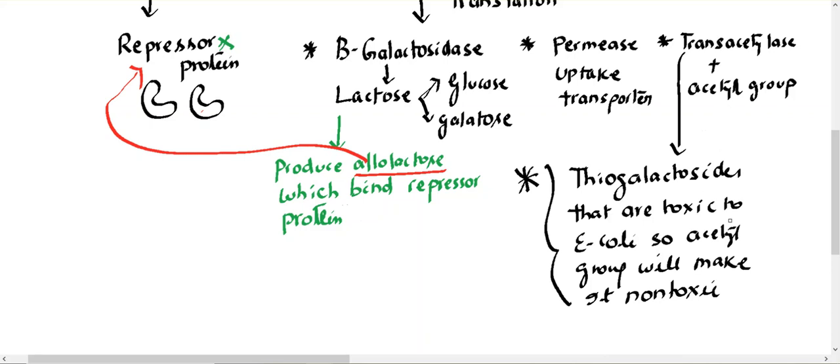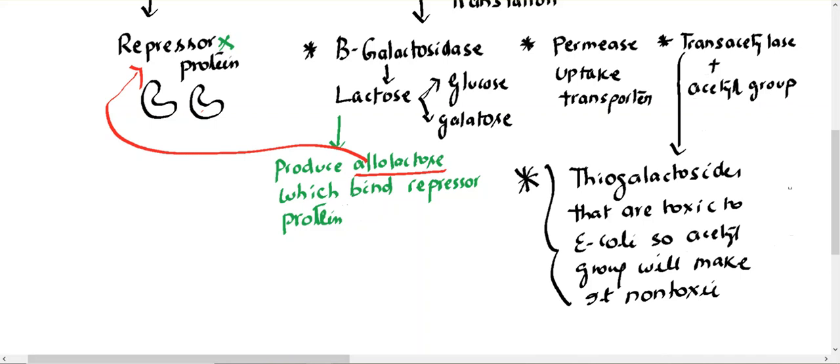Because when the E. coli are growing in a media, they produce what are called thiogalactosides. What is the function of these thiogalactosides? They are toxic to the growth of the E. coli. So the transacetylase will produce an acetyl group that will make it non-toxic, so the bacteria can